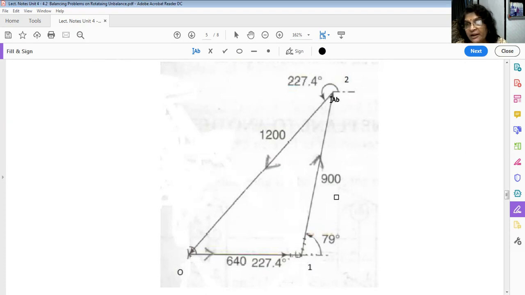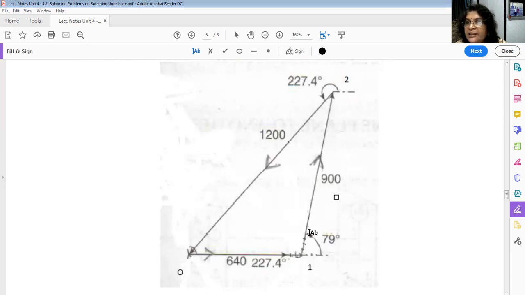See, this is the vector. So this is the starting point of the vector. This is the end of the vector. Always the angle has to be measured from the start of the vector. So at the start of the vector, draw a horizontal line. That means extend this line. Keep your protractor here and measure this angle.